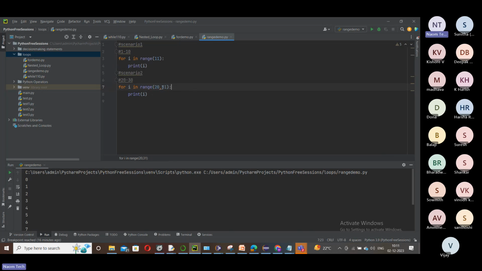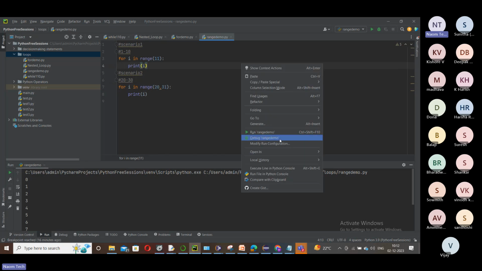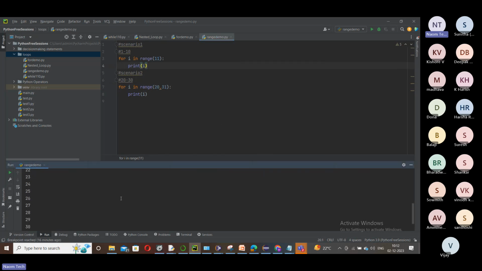So what is that? You choose this type 2 range, form 2 range, where it has a start point and end point. Start is fine, but for the end you have to be a little observant here. Why? Instead of 30, you put 31 so that you achieve printing 20 to 30. Now run this. You don't need to do anything. Right click and then run this, and then you can see here. In the first case, we have 0 to 10. In the second scenario, you are able to print 20 to 30.